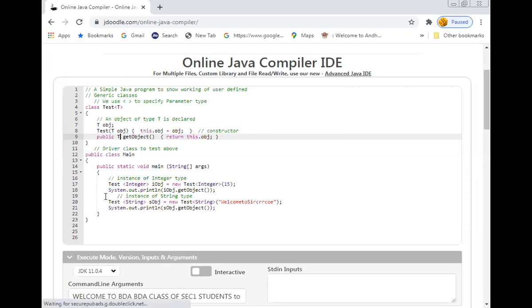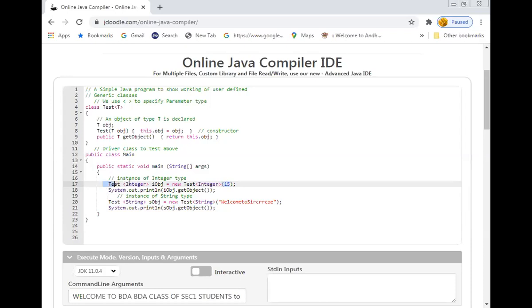Okay. Now here I declared an integer object for storing an integer value. Here I have stored 15 as the value, and the string object, S object stands for string object, I object stands for integer object. In this case, I supplied "welcome to Sir CRR COE" as an input. Okay, this is a string which I supplied. In both cases, the second lines are meant for displaying those values. In this case, what we are expecting is it is supposed to display 15 followed by welcome to Sir CRR COE,